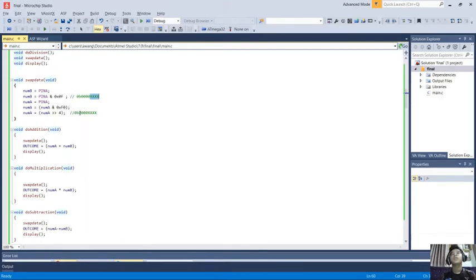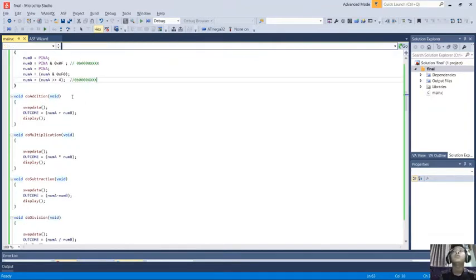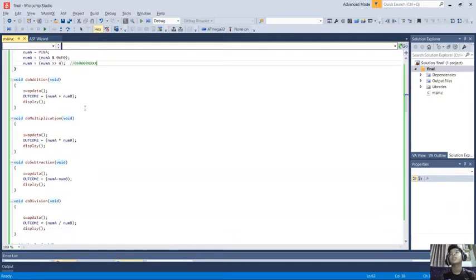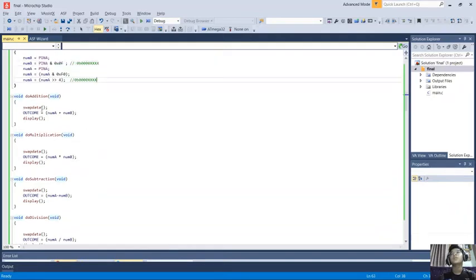First, we shift. First, we assign the value for the 4 bit on num A equal to 1, and then we shift all of them by 4 bit to the right, so that we will get the same position for num A and num B, which is on the lower side, the 4 bit number on the lower side. Okay, and then we move to do addition function, where first we call the function of swap data,